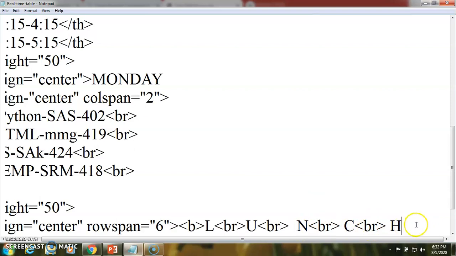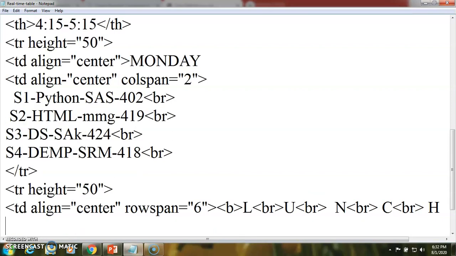This is the text we have added for that proper column, that is 6 rows are going to be added.